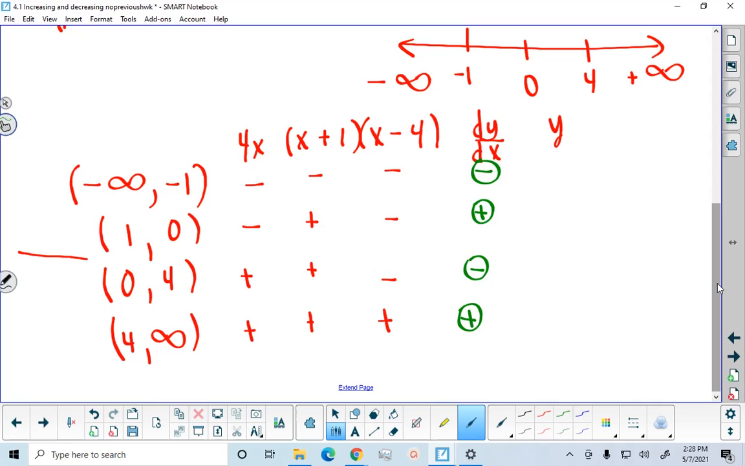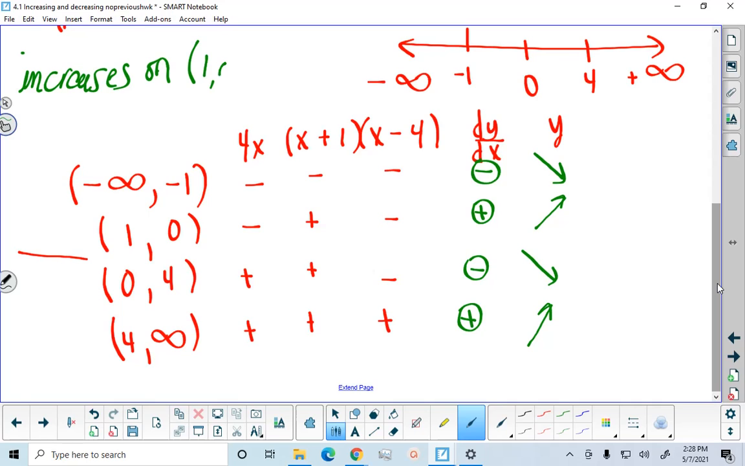What does this tell us? The derivative is negative, so the function is decreasing. The derivative is positive, which means it's increasing. Negative decreasing, positive increasing. So if you're keeping track here and you want to write an actual answer, it increases on, we're talking the function increases, not the derivative. We don't say the derivative increases. The function increases on,